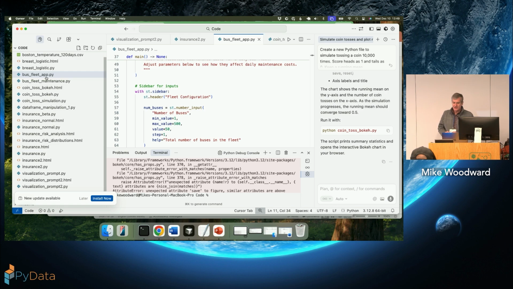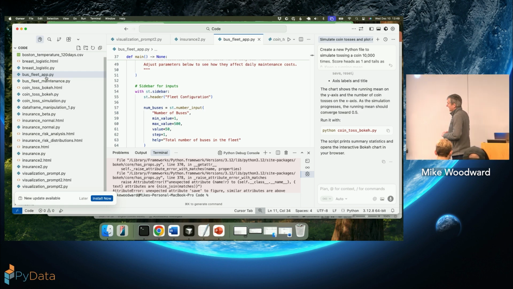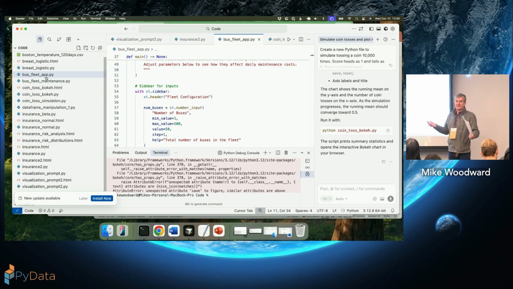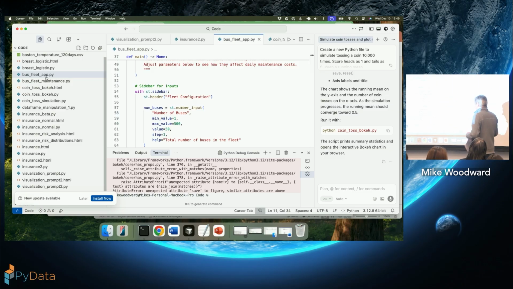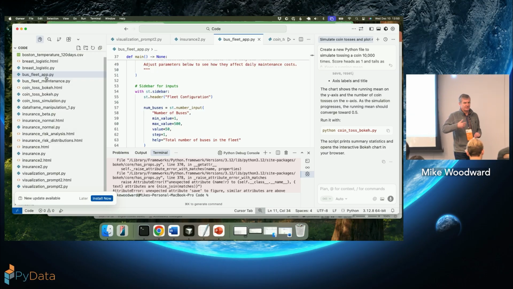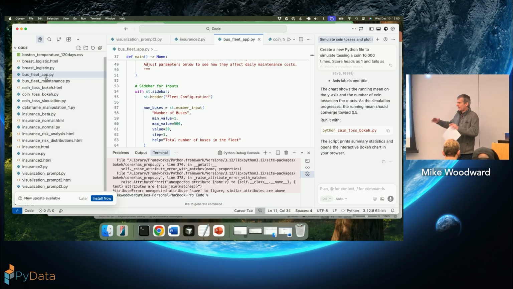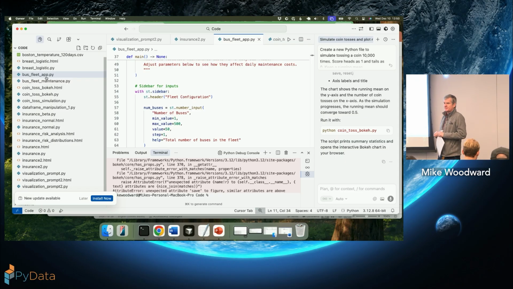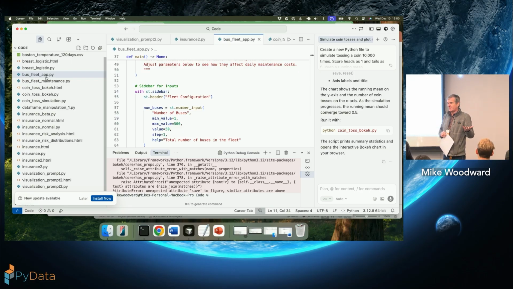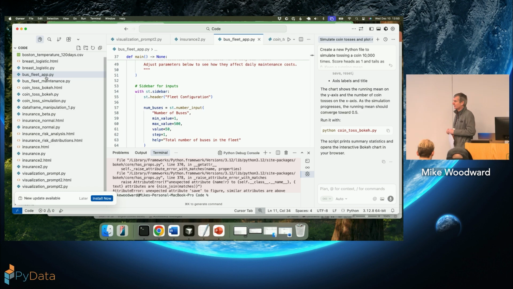So I've written an application I can show you here. It's an application modeling buses, the maintenance costs of running a bus fleet, right? So in terms of repairing windshields and tires and engine fluids and transmission systems and so on, it's a model that shows the costs over a period of about 1,000 days to get you a sense of how much it might cost to operate a bus fleet, okay? So nothing terribly exciting, except everybody knows what a bus is, right? I know that there are actually buses in America. I've seen them, right?